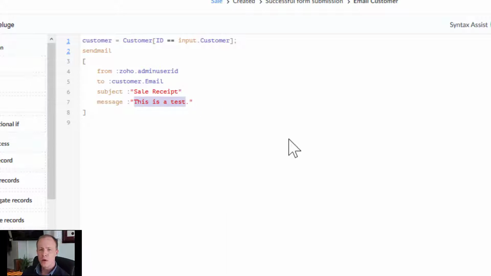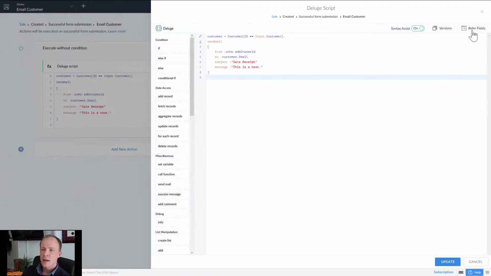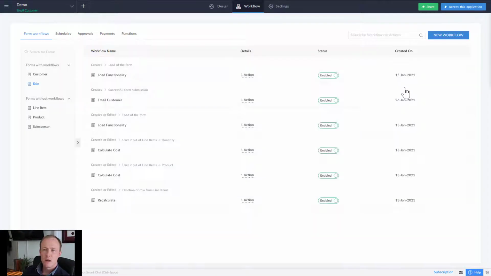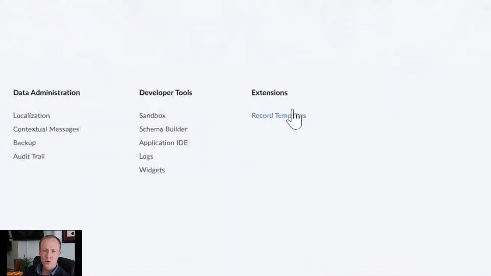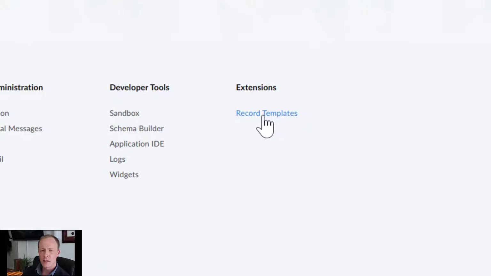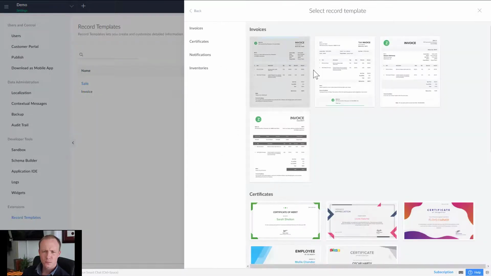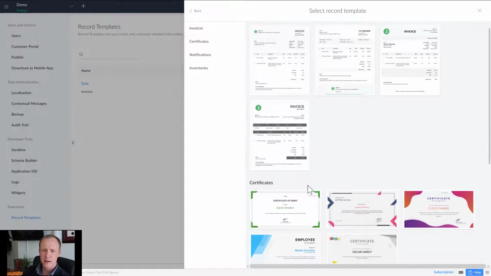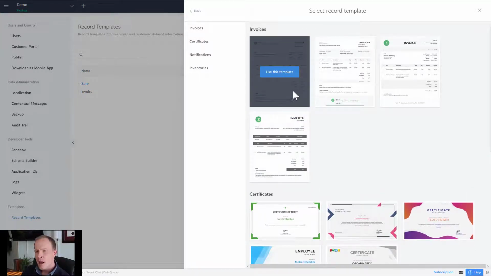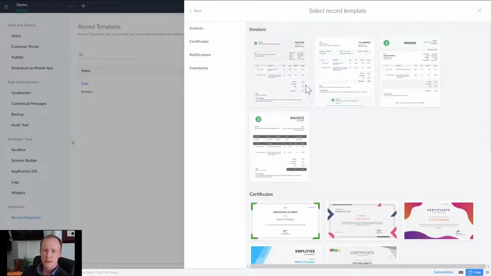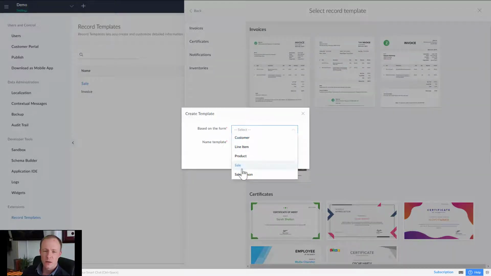So, for example, whenever someone makes a sale, the customer might want to get an email copy of the transaction. To begin, we'll exit off and go into settings, then go over to the extensions and click record templates. Once there, we can see we have one already made, but we'll create one. Now you can go in and select any of these existing ones. I tend not to use it just because, well, if we just jump into one right now,